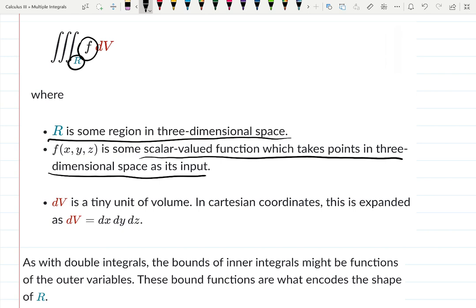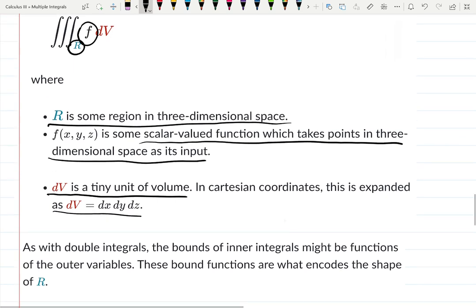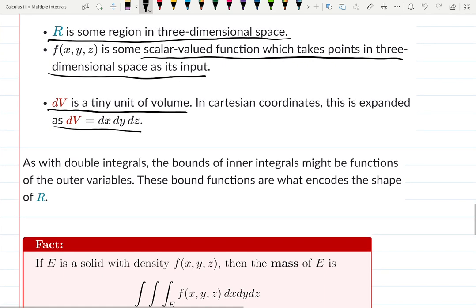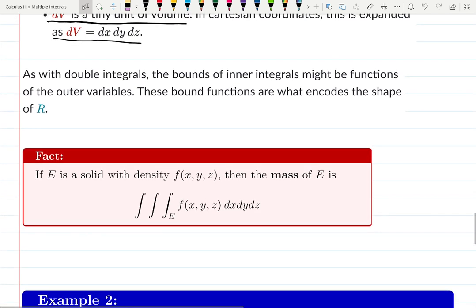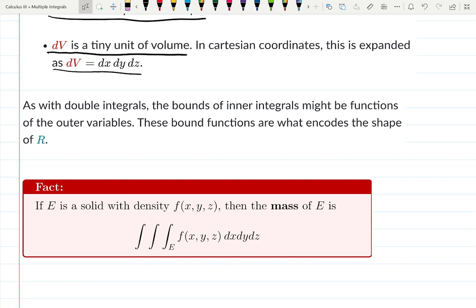It's the first time we have inputs in 3 dimensions. It swallows 3-dimensional points and spits out the 4th dimension. Think about it. dV is a tiny unit of volume because we're approximating using tiny volume figures, and that's why we have dx, dy, dz. Just like with double integrals, the bounds of inner integrals might be functions of other outside variables. These bound functions are what enclose the shape of R. And the popular application is